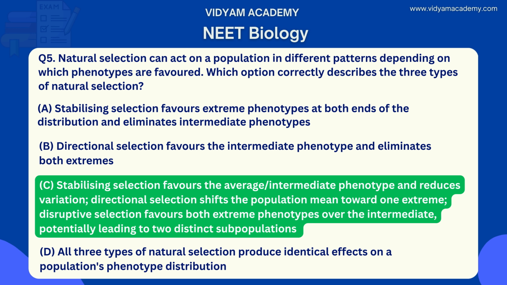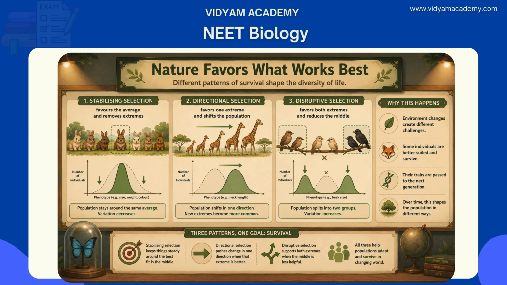Let's go for explanation. Stabilizing selection favors individuals with average or intermediate phenotypic values and selects against both extremes. This reduces variation and keeps the population centered around the mean. It is the most common type, maintaining well-adapted traits like human birth weight. Very low or very high birth weight has higher mortality. Directional selection favors one extreme phenotype over the other, causing the population mean to shift in that direction over time. This occurs when environmental conditions change consistently in one direction, such as the peppered moths shifting toward dark coloration during industrial